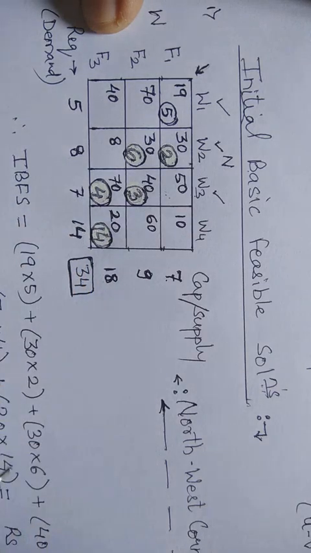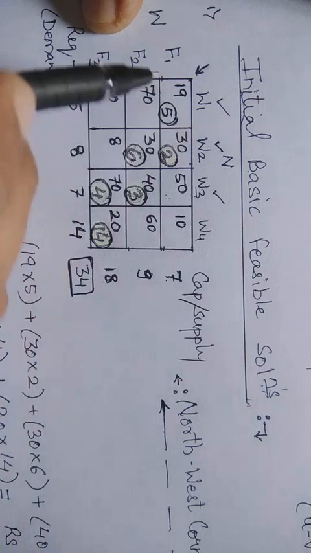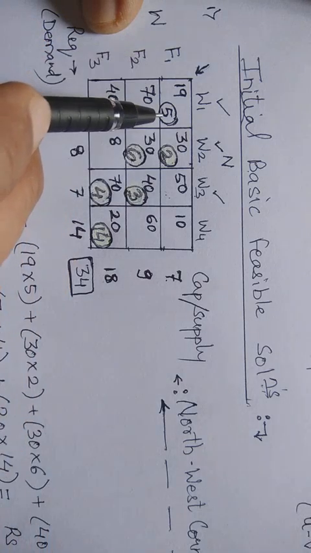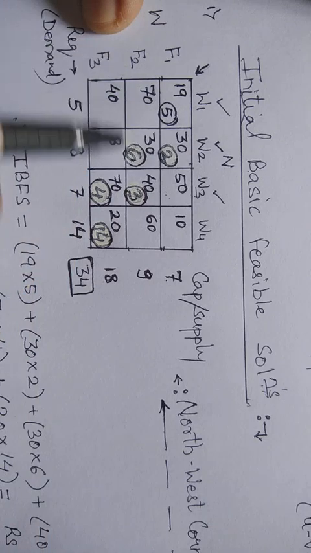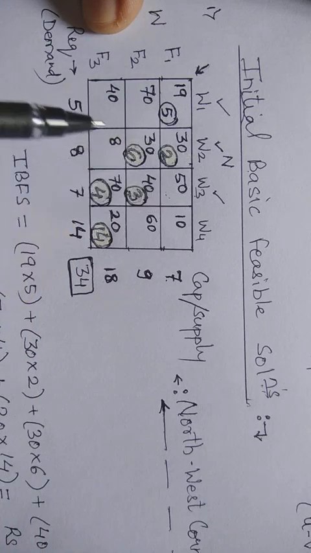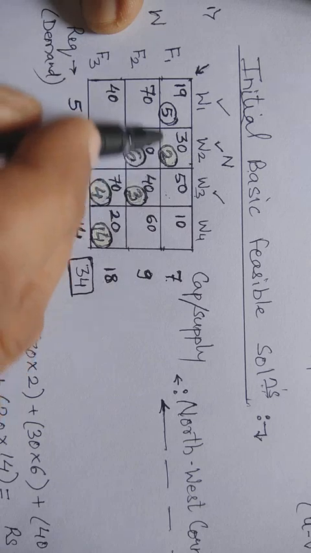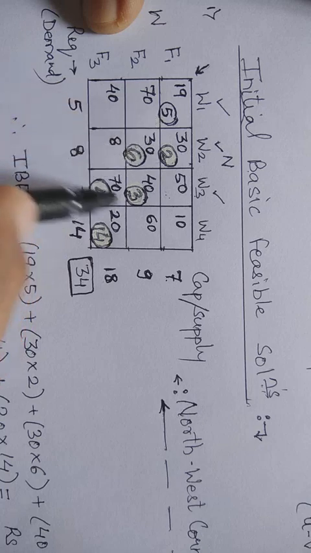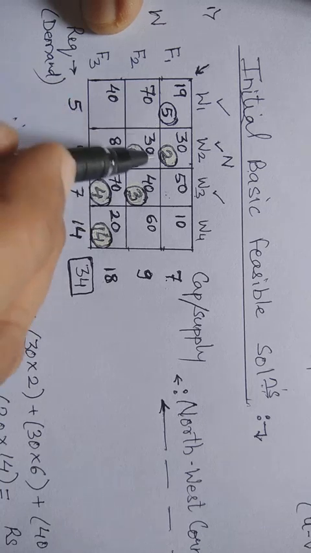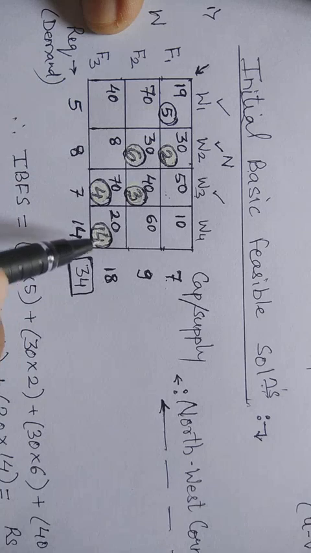So these are the allocations. What is the meaning of this? F1 supplies 5 parts to W1 and 2 parts to W2. F2 supplies 6 parts to W2 and 3 parts to W3, like this. After finding the allocations, these are called allocations. There are 6 allocations. After doing the allocations, the next step is